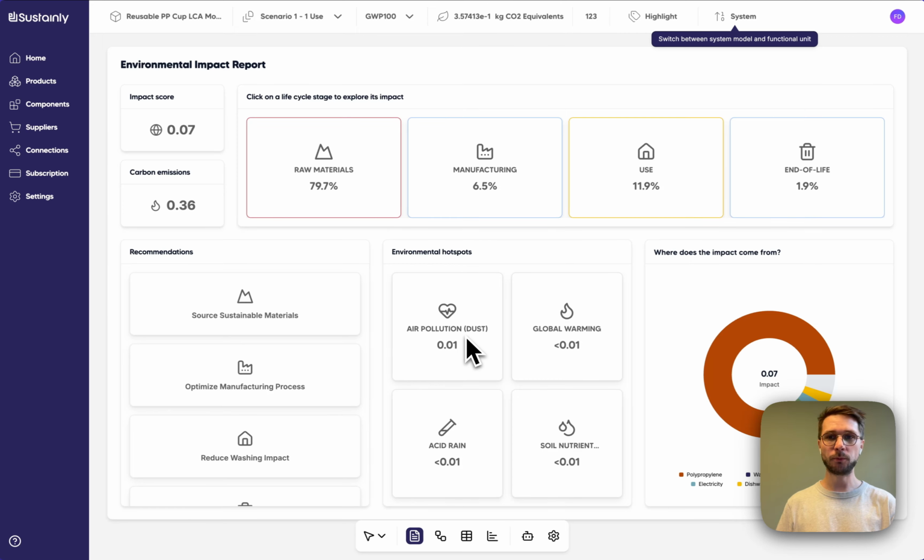You model all the inputs, you model the maintenance and so forth, everything that needs to go into the life cycle model. Now you have a full solar park running for 20 years. It's going to generate quite a lot of kilowatt hours. But what you're really interested in communicating with your LCA is what's the impact of generating 1 kilowatt hour, because that's going to be the comparable unit.